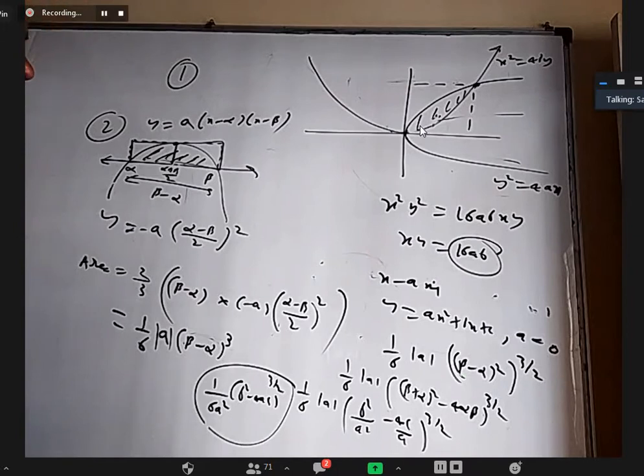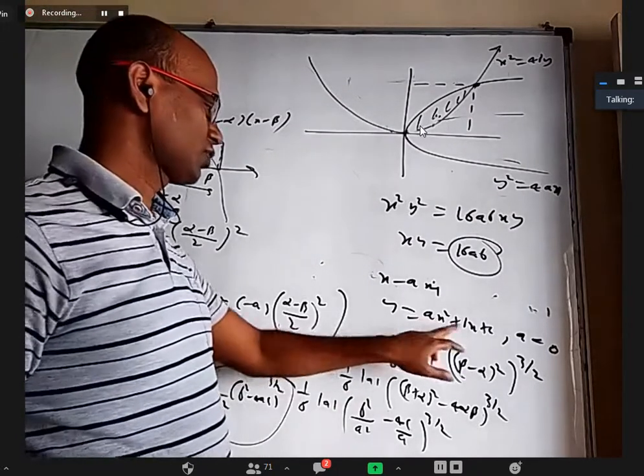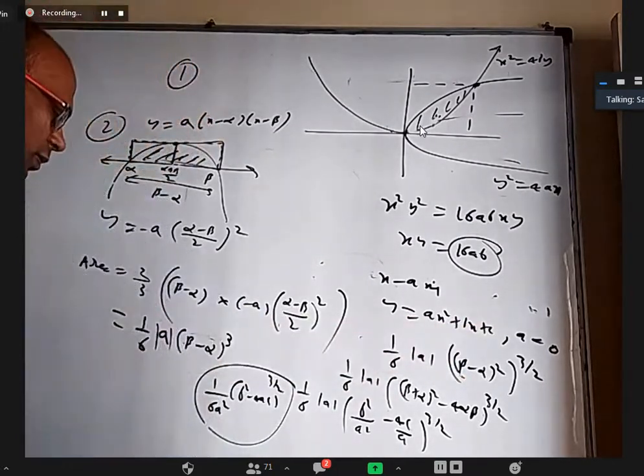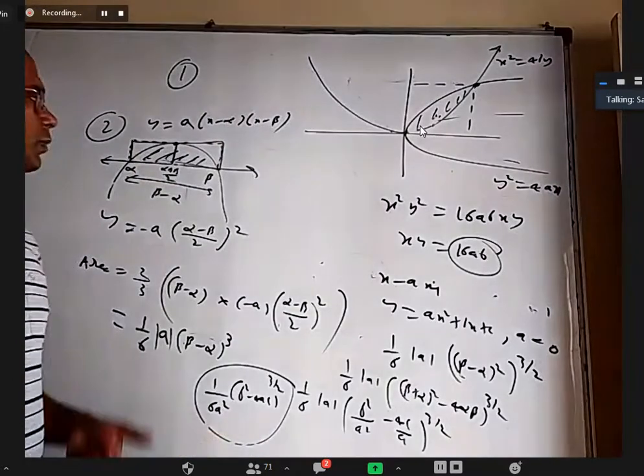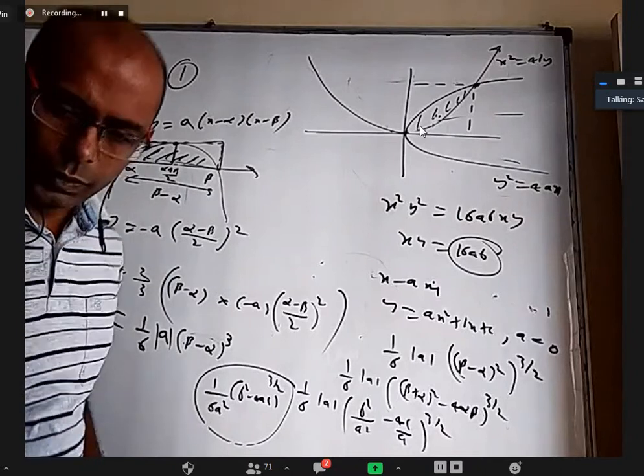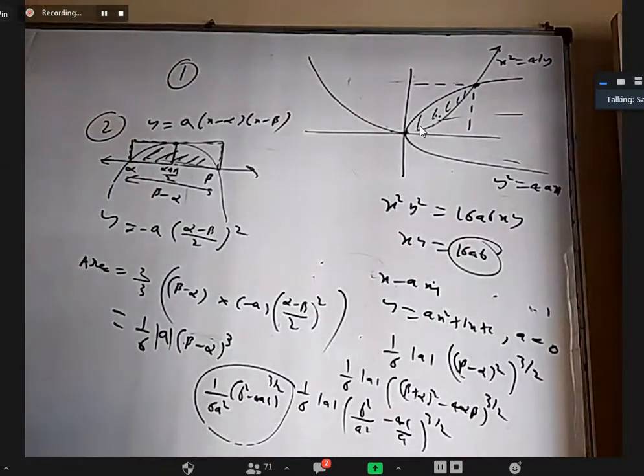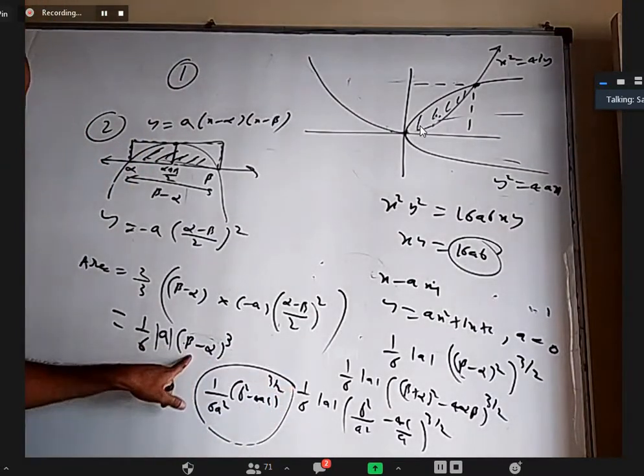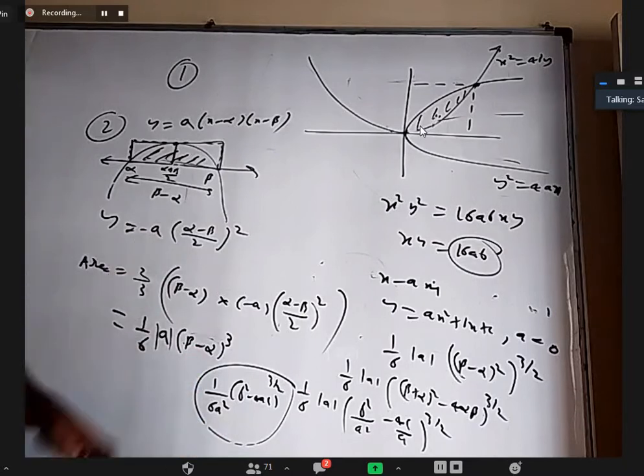I'm just checking whether units are matching. Of course, here A, B, C units are different, 1 by meter and all. It's okay. So this is that, but more important is the method. Let us see something else also. I'm going to show either this or this, which is useful in some other place.